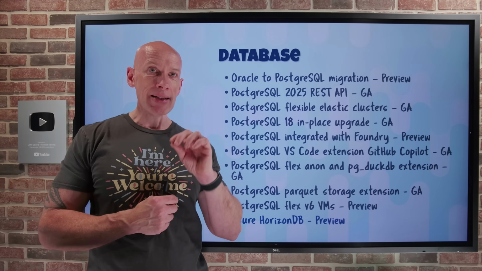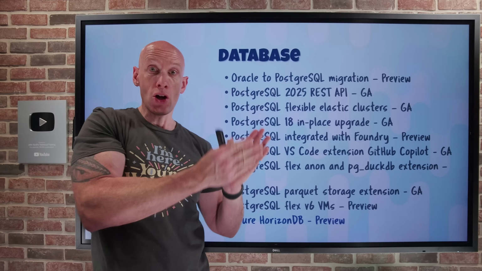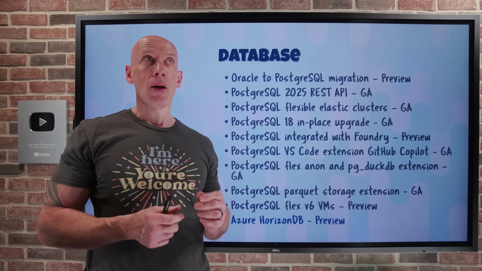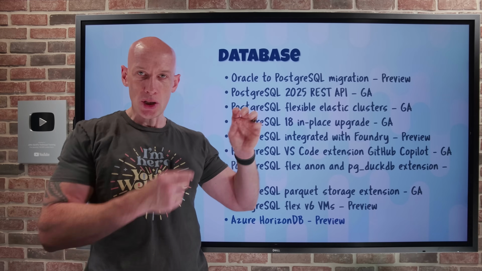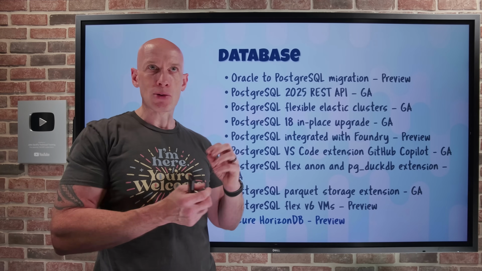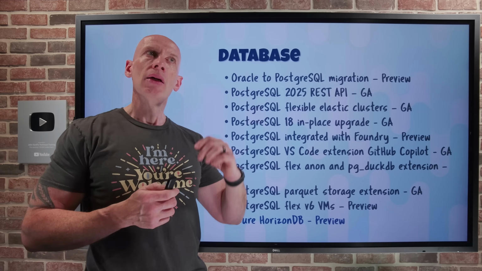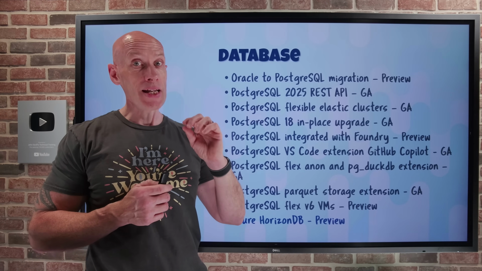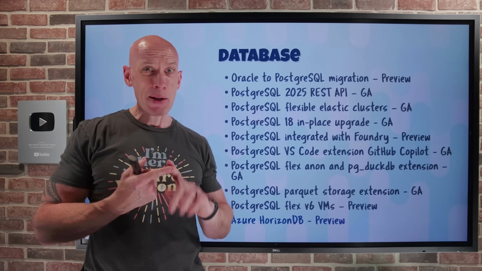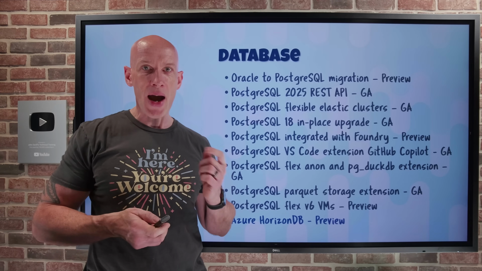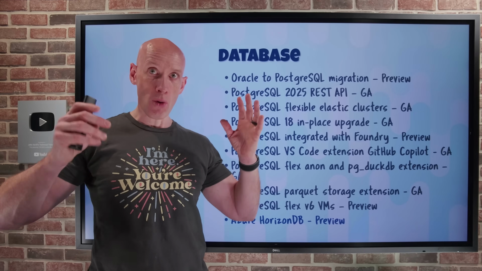So Azure HorizonDB is Microsoft's own forked version of PostgreSQL, whereas PostgreSQL Flexible uses the standard community PostgreSQL version. So the features and capabilities will be the same for any PostgreSQL hosting out there. This is a forked version. So this lets Microsoft enhance and change to do additional neat things. So what AWS did with Aurora and Google did with AlloyDB, HorizonDB is Microsoft's version of its own fork of